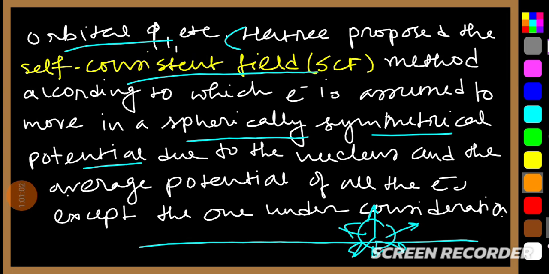But the other electrons have the spherical potential because the nucleus holds all the electrons symmetrically. That's why যেহেতু নিউক্লিয়াস প্রত্যেকটা ইলেকট্রনকে সিমেট্রিক্যালি হোল্ড করছে, সেজন্য প্রত্যেকটা ইলেকট্রনের স্পেরিক্যাল পোটেনশিয়াল এনার্জি হবে বা স্পেরিক্যাল স্থিতিশক্তি হবে। ওকে,